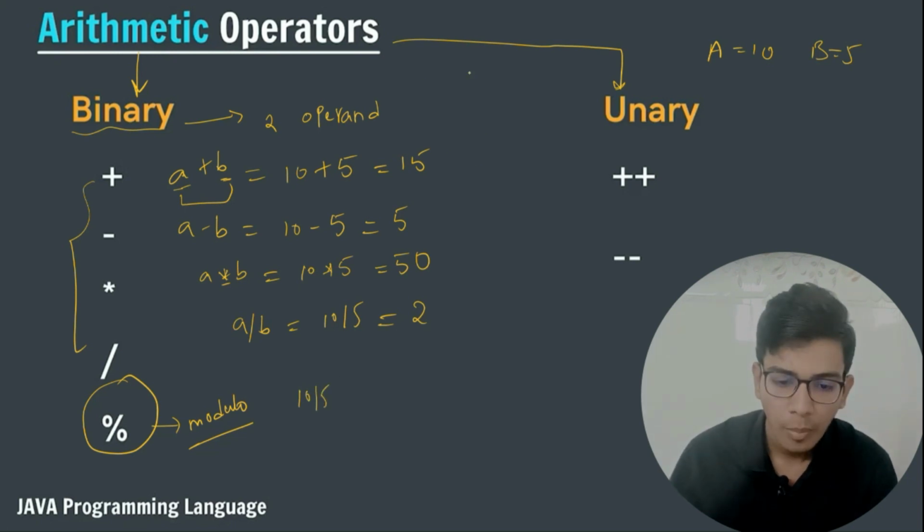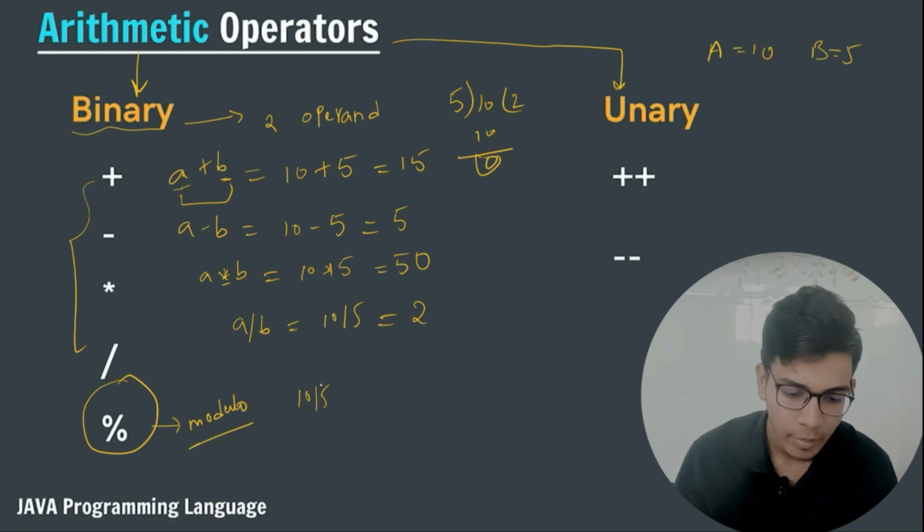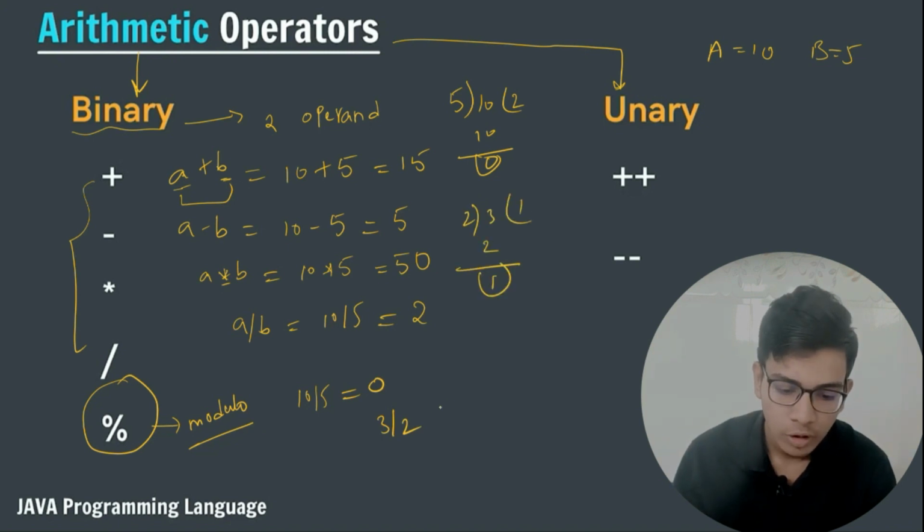So the modulo operator will calculate the remainder between two operands, right? 10 divided by 5, the remainder will be 0. Similarly, let us take 3 % 2, then 2 times 1 is 2, and the remainder will be 1. So the modulo operator will always give us the remainder